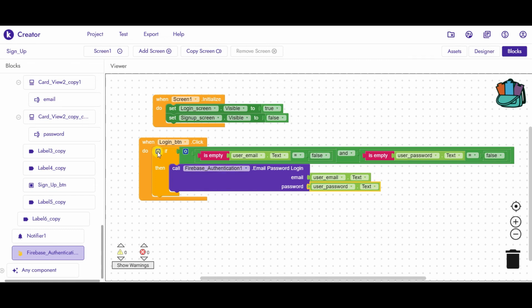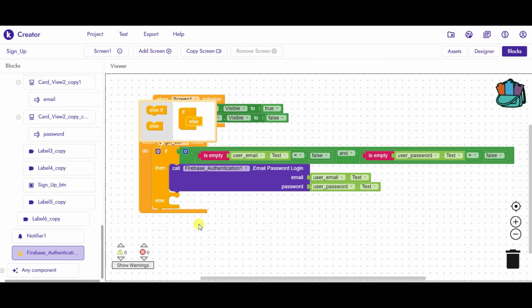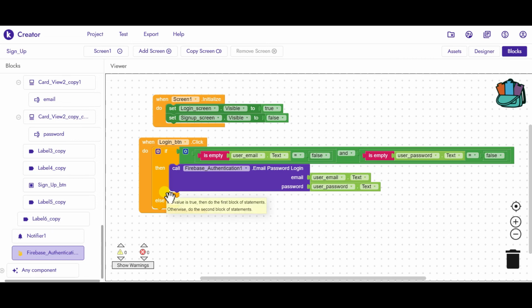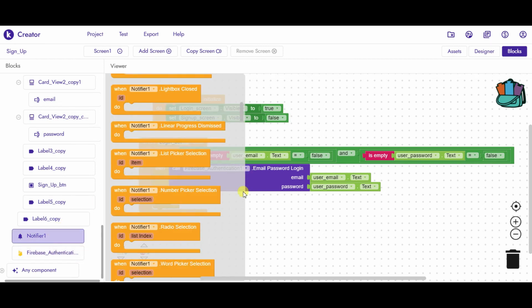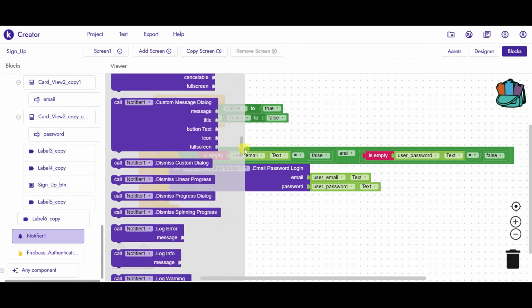Just click on this settings icon and select the else block. If this condition is not true, then we have to call notifier and we have to show alert.